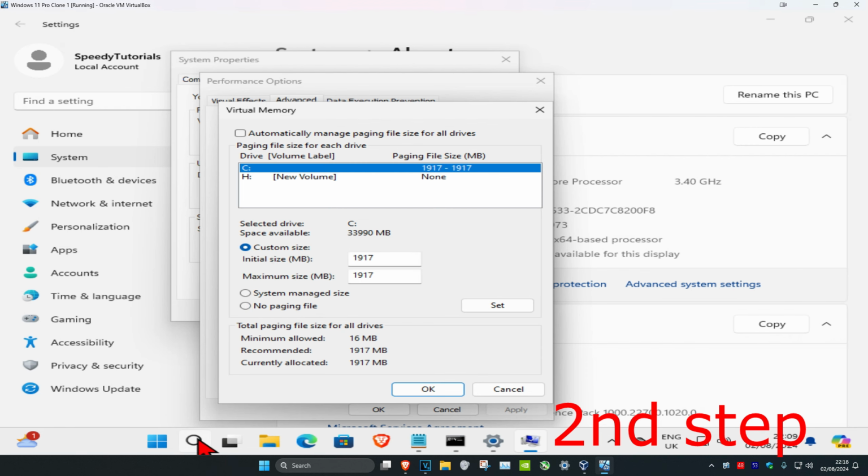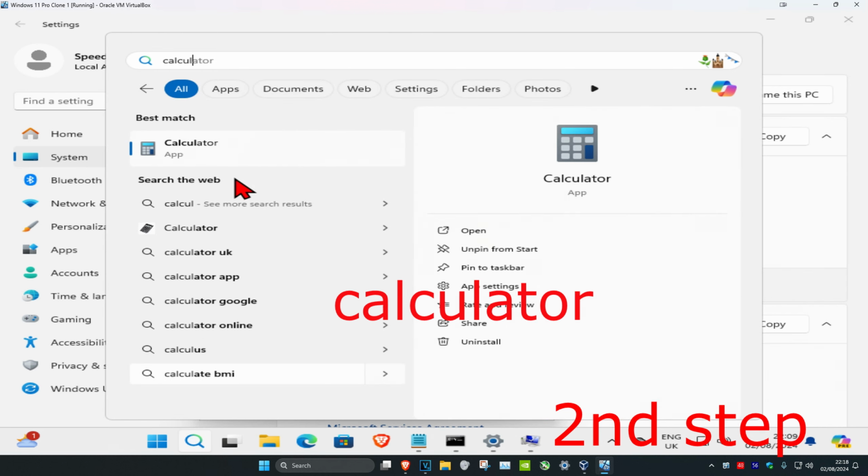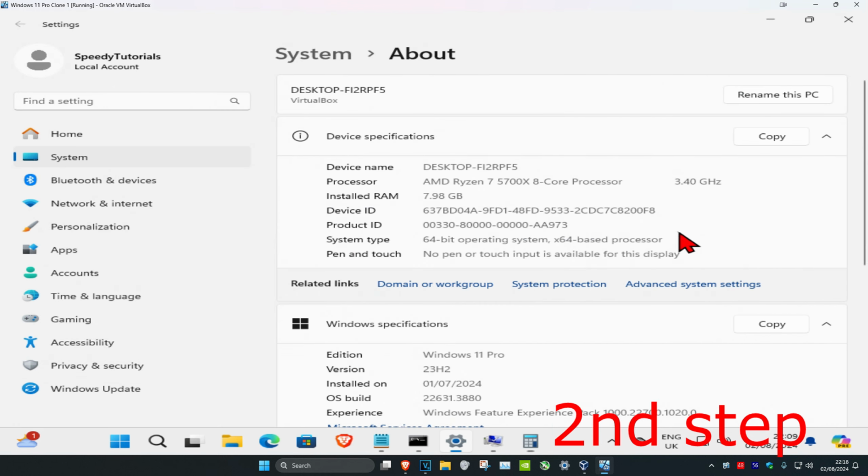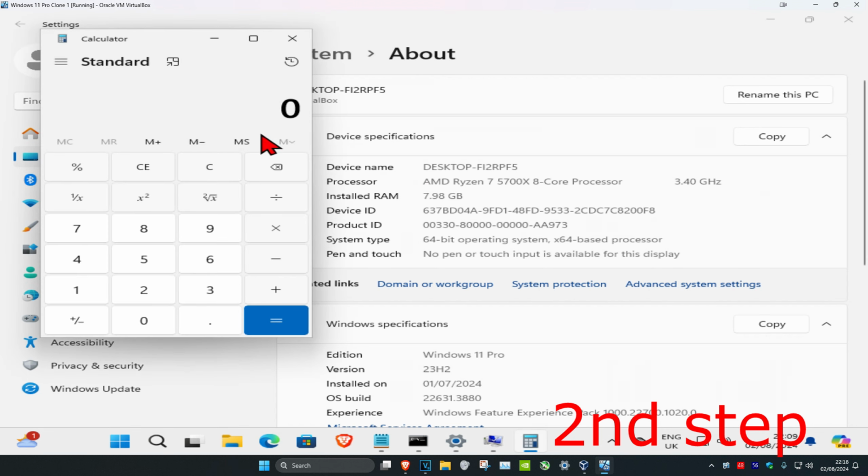And now you want to head over to search and type in calculator. Click on it. And now if you would have taken a note of your installed RAM, I've got 8 GB of RAM, for you it might be different. You want to head back into your calculator and then you want to do 1024 times the number of RAM